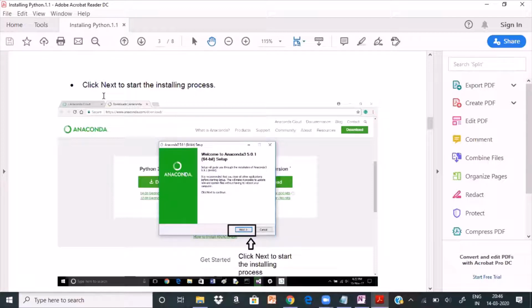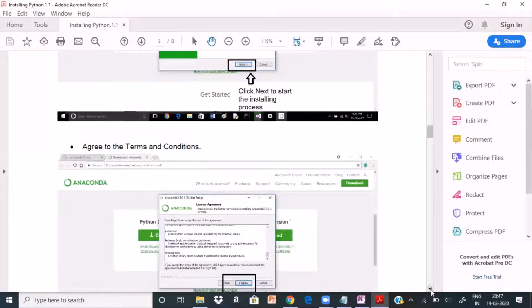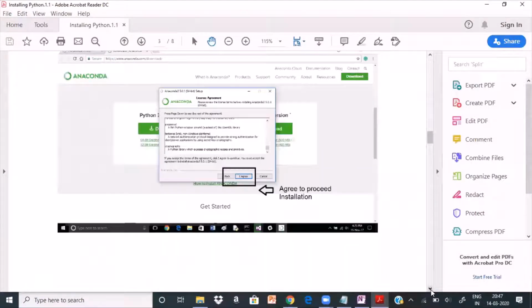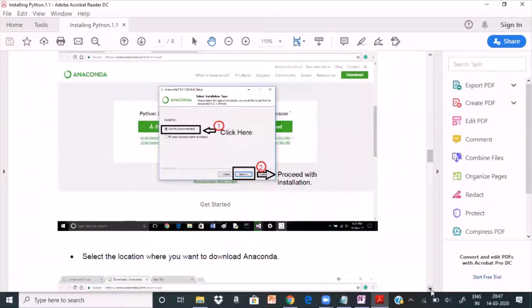So move on to the next button. You see, you are able to see my screen, right? Move on. Then agree to the terms and conditions. Moving on. Then there is an option here: Just Me, All Users. But you have to use Just Me. Select that option, Just Me.